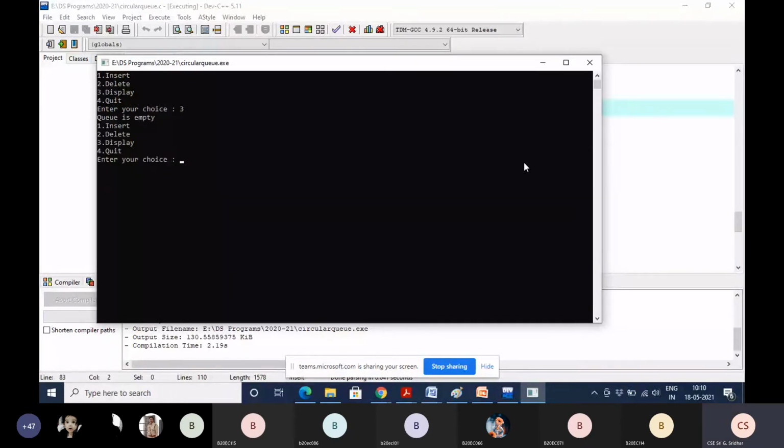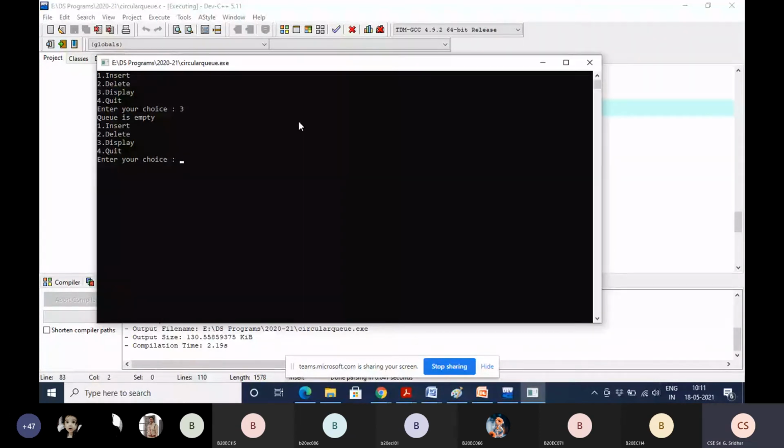What is it displaying? Yes, sir. It is displaying queue is empty. So without having any elements, if you want to display, it will display like this.